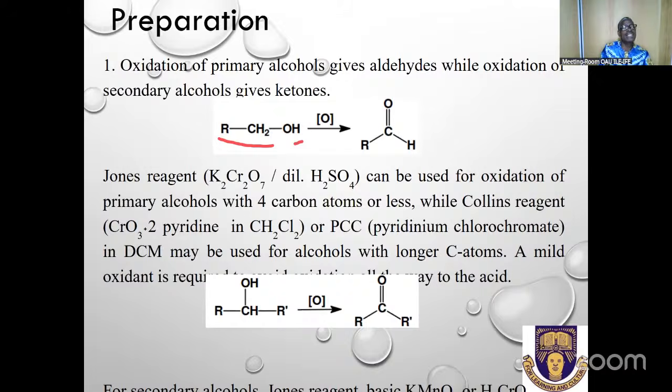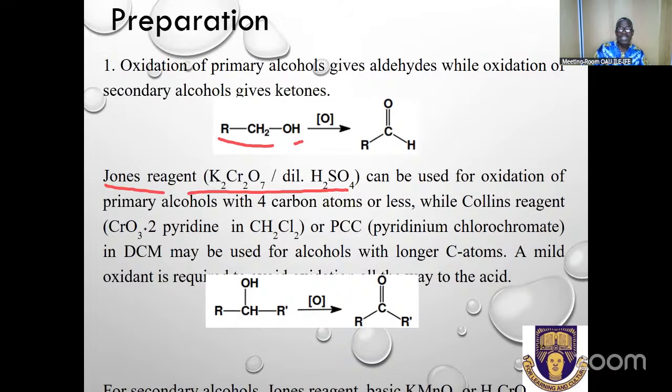The OH is attached to a carbon that has two other hydrogens attached to it. So that makes it a primary alcohol. So if you oxidize it using a very good oxidizing agent, such as Jones reagent, which is K2Cr2O7 in H2SO4, then your primary alcohol will be oxidized to